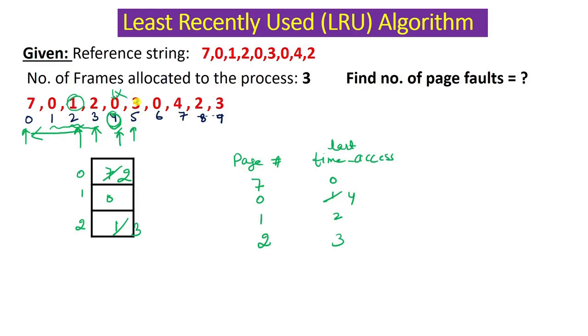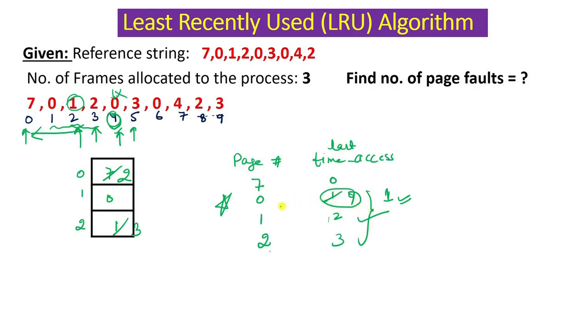Why? Because when we come to 3 now, we will see, out of 2, 0, 1, whatever time is minimum, you have to replace that. The time of 1 is least, so we'll replace this. But if we do not update this, and we keep this as 1 only, then out of 2, 0, 1, we see the times 1, 2, 3, this is minimum, then 0 will be replaced. So we do not have to do this. The main thing is, whenever a page is encountered, just update its last time of access.